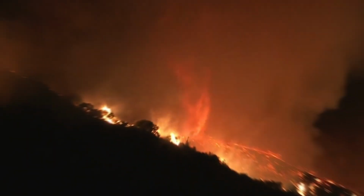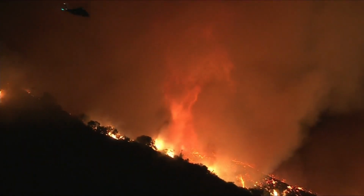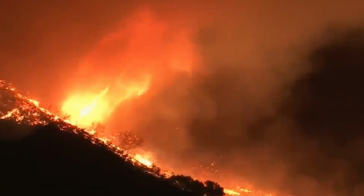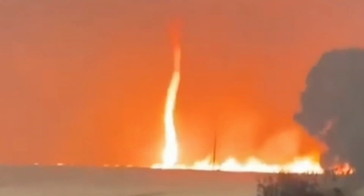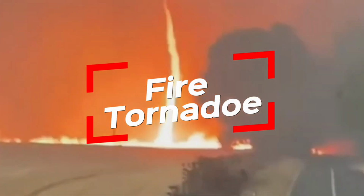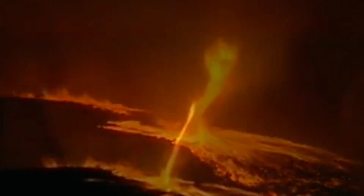So it's a tornado, but not just any tornado. It's a whirlwind of flame, burning with intense heat and destroying everything in its path. It's not from a science fiction film, it's real, and it's one of the most terrifying weather events on our planet. A fire tornado. These rare whirlwinds are formed when hot temperatures, strong winds, and wildfires converge, producing a swirling